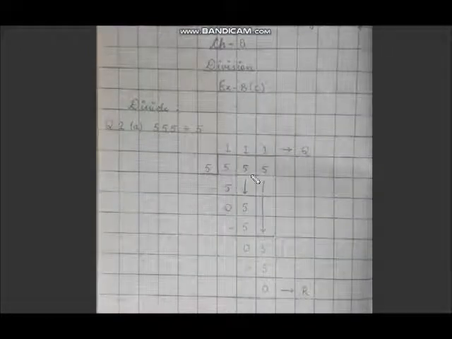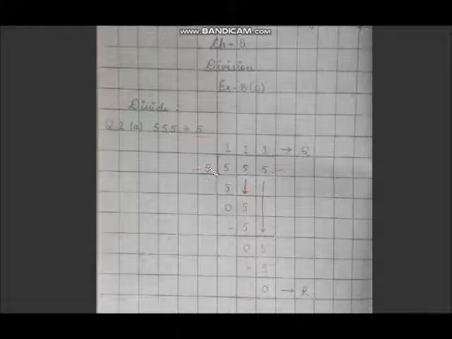Now if there are 3 digits, that means 555 को हमें 5 से divide करना है. The procedure will be the same. One by one you will divide the numbers from the divisor. So 5 is the divisor here and 555 is the dividend. So first we will see this first 5 and in the table of 5, 5 comes 1 time. So 1 we will write in the quotient part and subtract 5. So 5 minus 5 is 0.